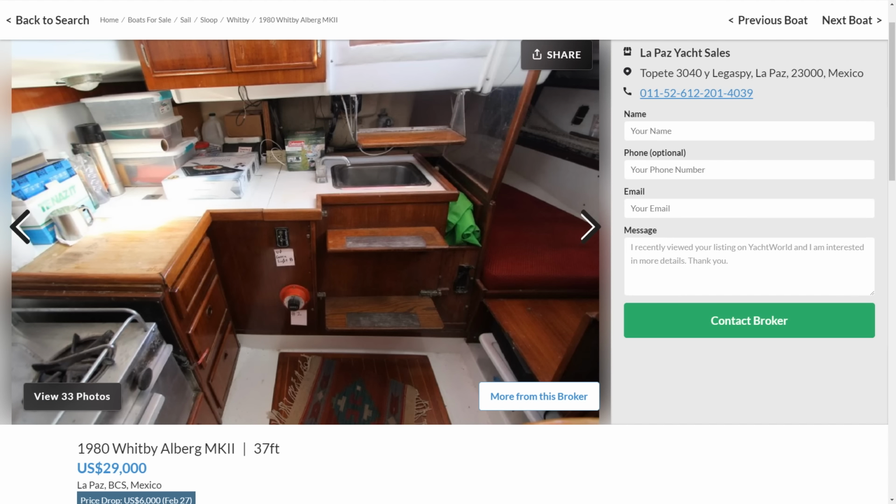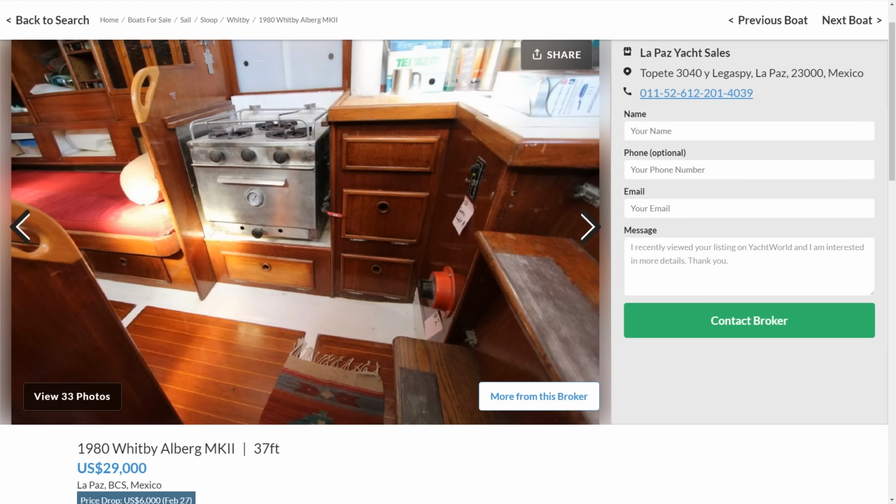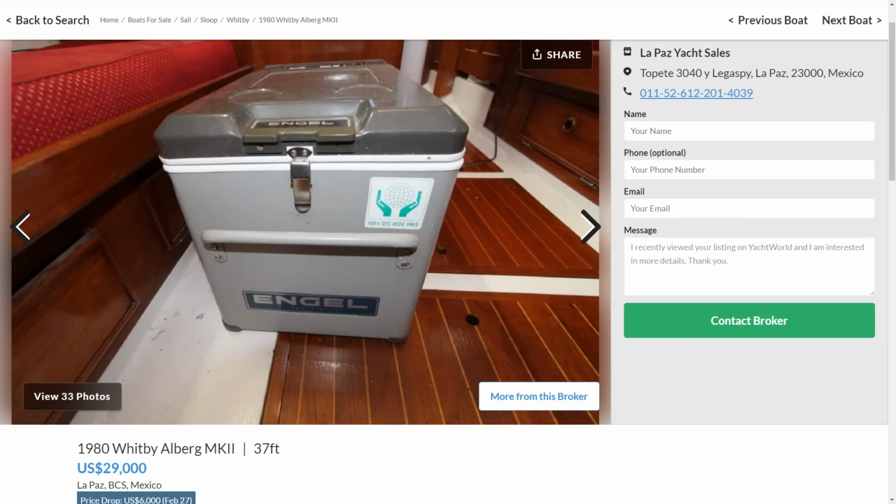Inside the Hallberg, we get a very classic double settee layout that you'd expect from a boat that is this narrow. But again, for the price, beggars shouldn't be choosy. The head and the V-berth are forward, as you'd expect, in front of the keel-stepped mast, and we have lots and lots of storage. Out back, we get a smaller galley,